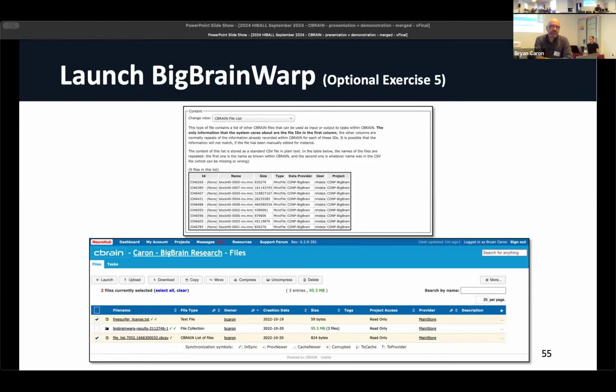You don't have to, but... Is there a way to change where it default saves the file? Yes. So even in that case, if you click on the file list, it'll open it up, and then under the info section at the top, it'll tell you what project it's part of. So in your case, it might have just put it into your personal default project. Yeah. You can then switch it to be part of the project that you want it to be part of. So that way it keeps it organized. But for the purposes of what we need, it doesn't have to be in that organization.